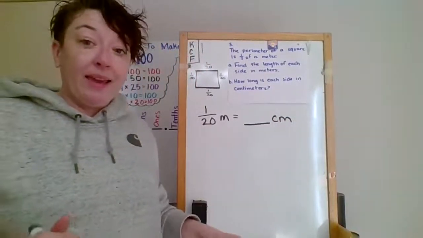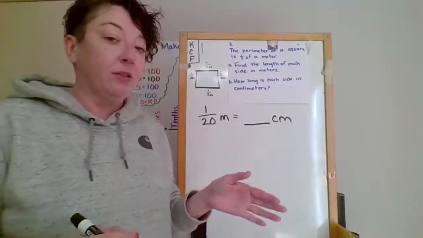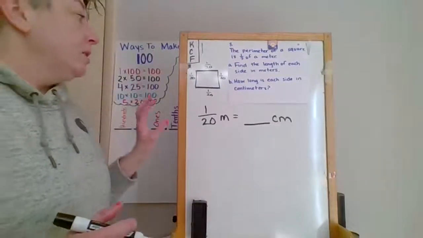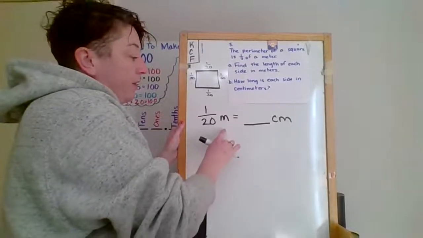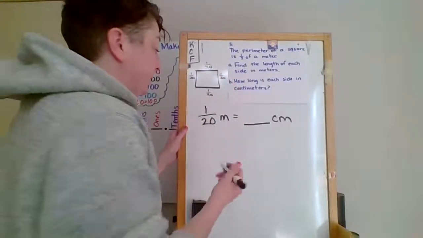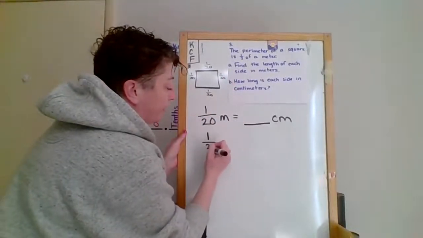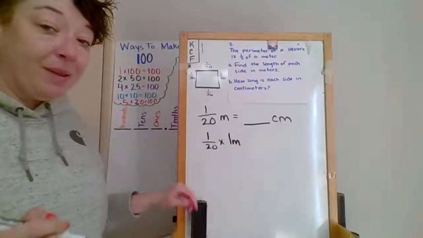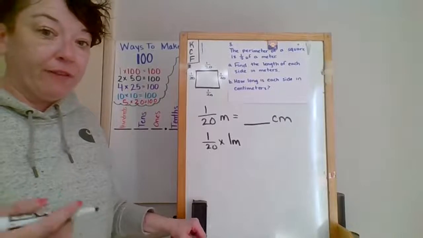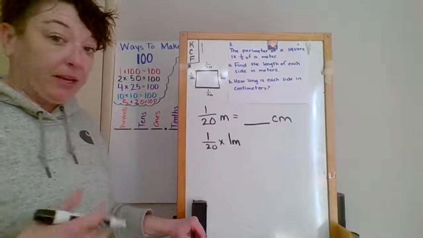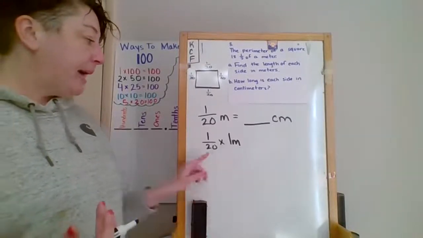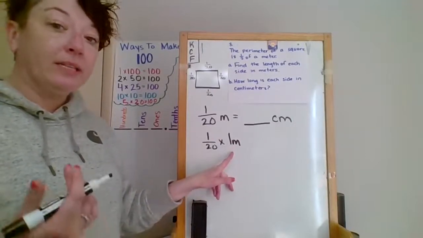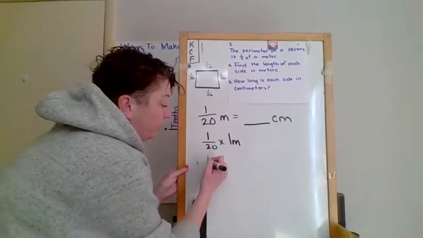Now, this part is kind of a review back to converting. I think we did this like 2 weeks ago. So what I have to do is take this 1/20. I want to separate it from my meters. So I'm going to do 1/20 times 1 meter. And this is the part where you need your conversion chart if you don't already know how many centimeters are in a meter, because I'm going to rewrite this, but I'm going to change 1 meter to what it's equal to. So 1/20